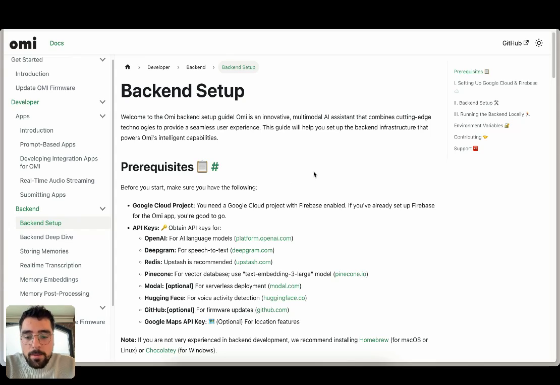Hello, everyone. So in the previous videos, we basically focused on the front end part of Omi. We saw how we can build the app for Android, for iOS, by using the Omi's development backend. In this tutorial, we are going to see how we can run our own backend locally and then connect our